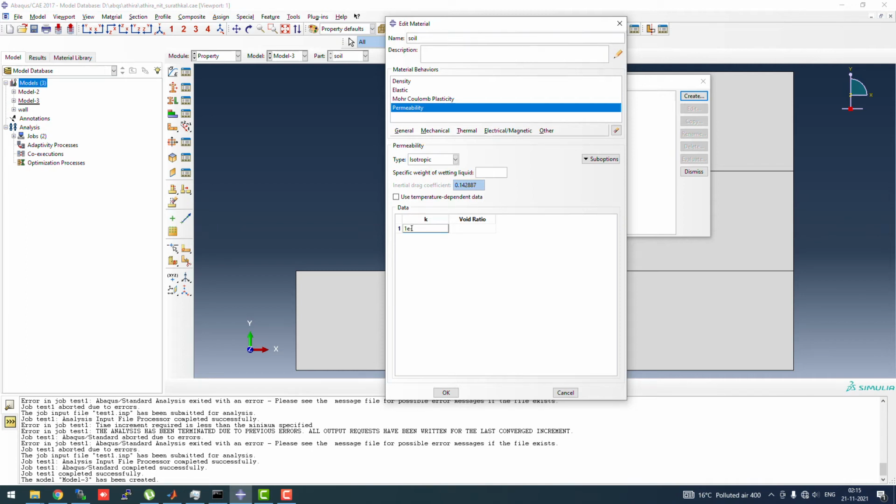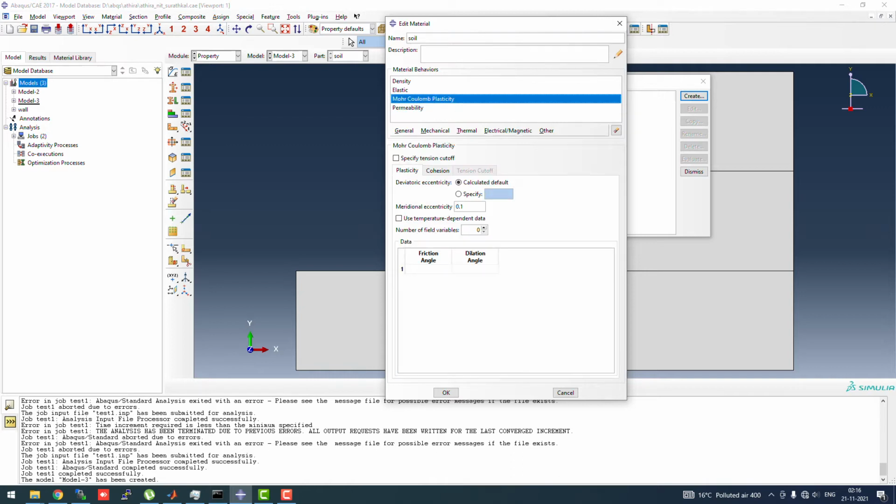So 1E minus 5 and void ratio of 0.9 will do for the sand, and wetting liquid specific weight will be that of water, 9810 Newton per meter cube, or basically the density of water times g. g is 9.81. So all the units which we are using are in meter, Newton and kilograms. So just remember that in the back of your head.